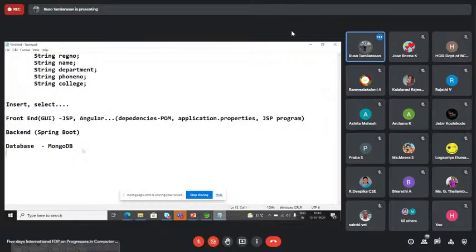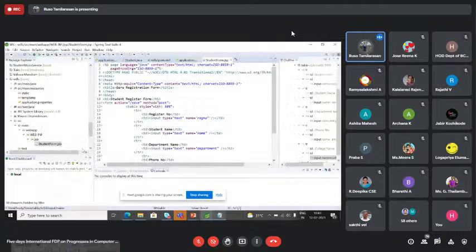The URL should look like http://localhost:8080/register. This is the URL. If you hit this URL, then the JSP page should be called, and it will get the register number, name, department, phone number. Okay. For that, to invoke this URL,